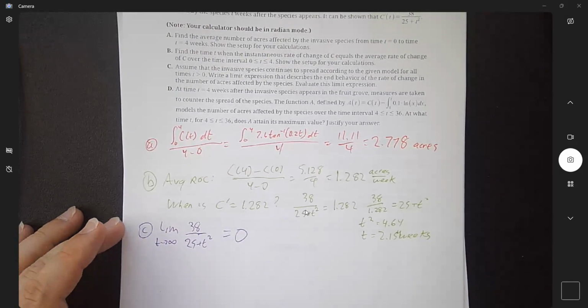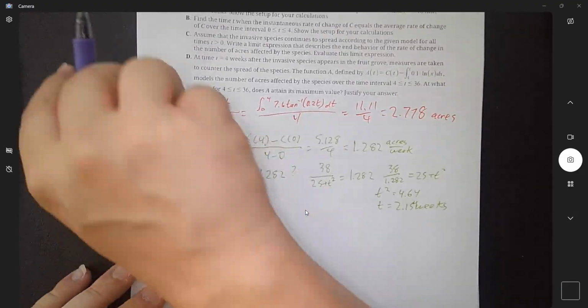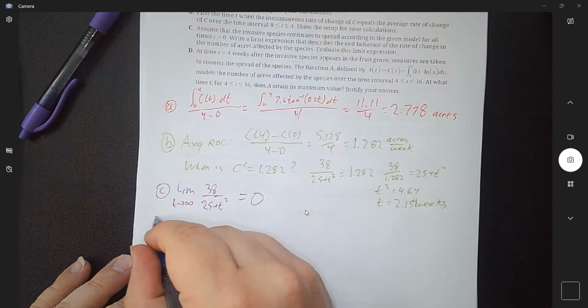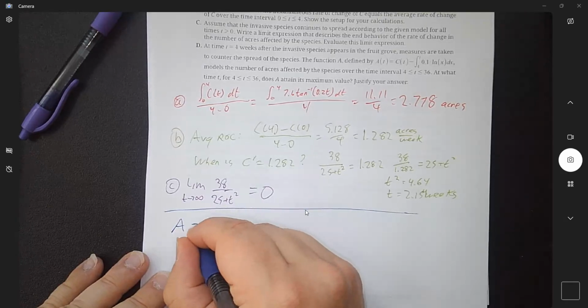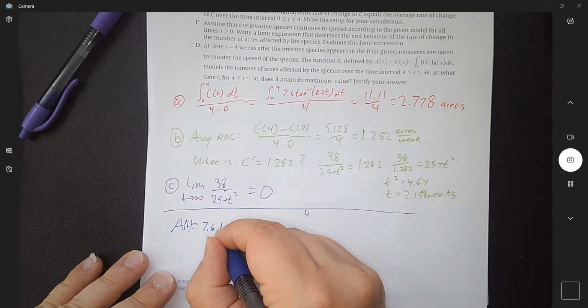Okay, at time equals 4 weeks after the invasive species appears in the fruit grove, measures are taken to counter the spread of the species. Function A, defined by that, models the number of acres affected by the species over the time interval 4 to 36. At what time does A attain its maximum value? Okay, so A attains its maximum value when its derivative is equal to 0. So A of t is equal to 7.6